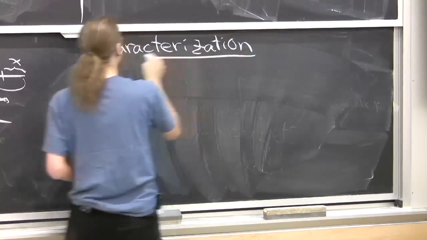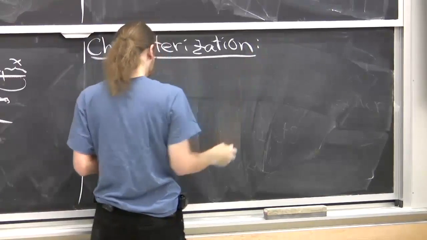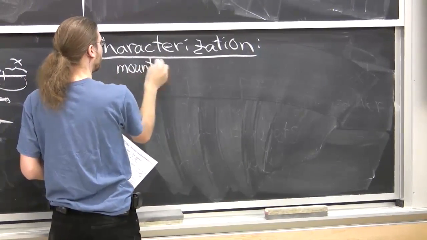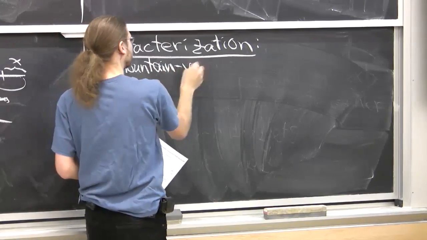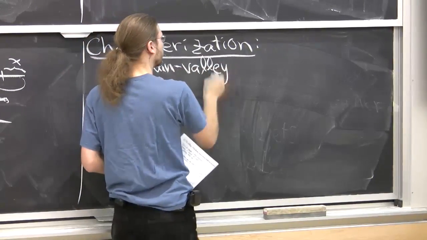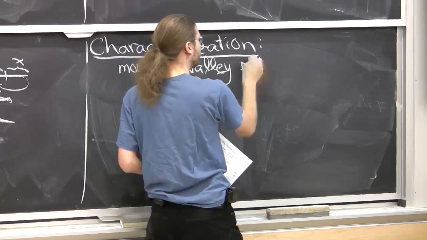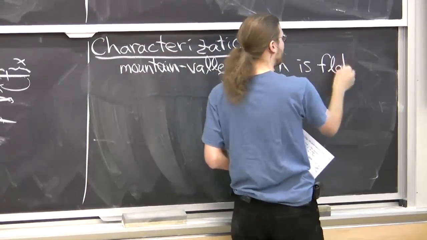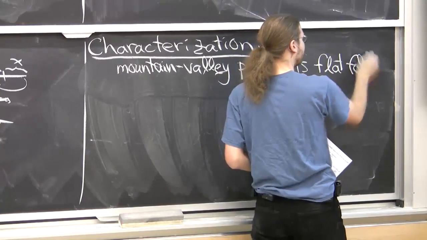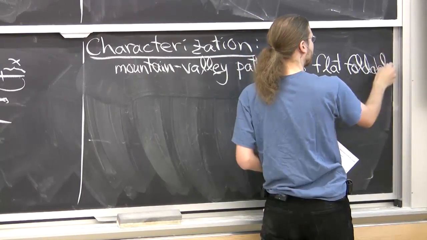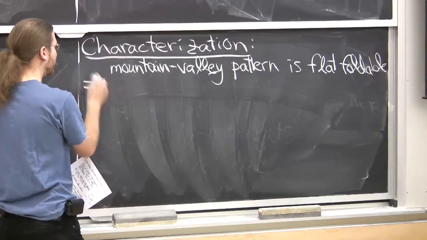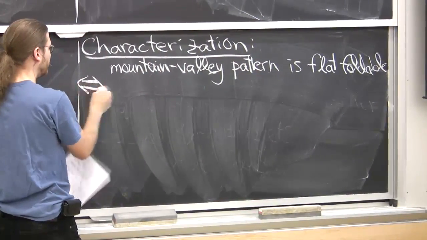So we're going to characterize flat foldability by saying, if I gave you some mountain valley pattern, and I want to know, is it flat foldable? So remember, mountain valley pattern is crease pattern together with M's and V's written on each crease. I claim it is flat foldable if and only if this is equivalent to